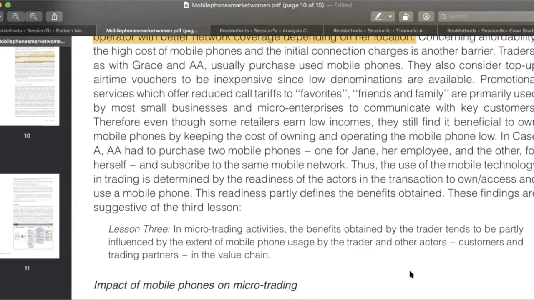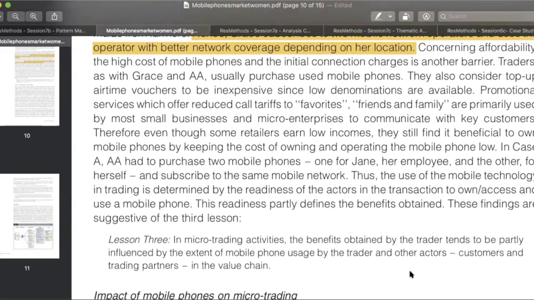So we can then say that in micro trading activities, the benefits obtained by the trader tend to be partly influenced by the extent of mobile phone usage. If you're not using a mobile phone, you won't gain the benefits that you want to gain from that. It is also influenced by the extent of mobile phone usage by the trader and other actors, that's customers and trading partners in the